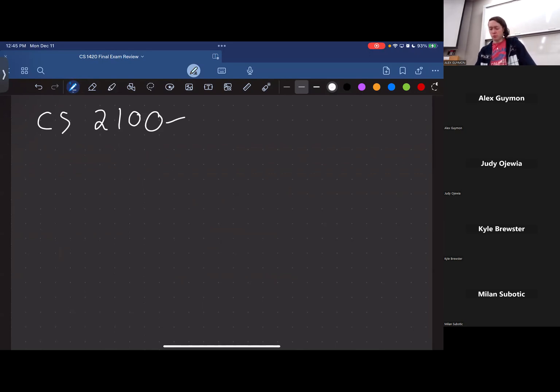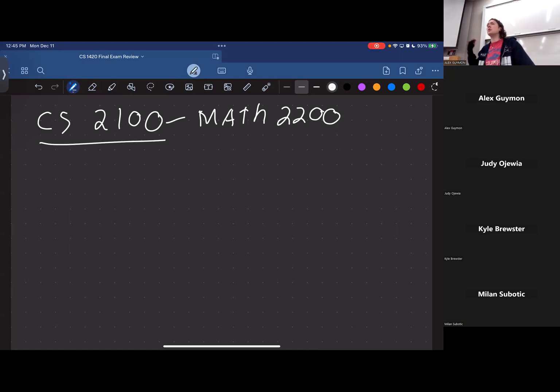I think you can replace it with math 2200, but don't quote me on this. But in CS 2100, you do learn the functional differences. But to sum it up,